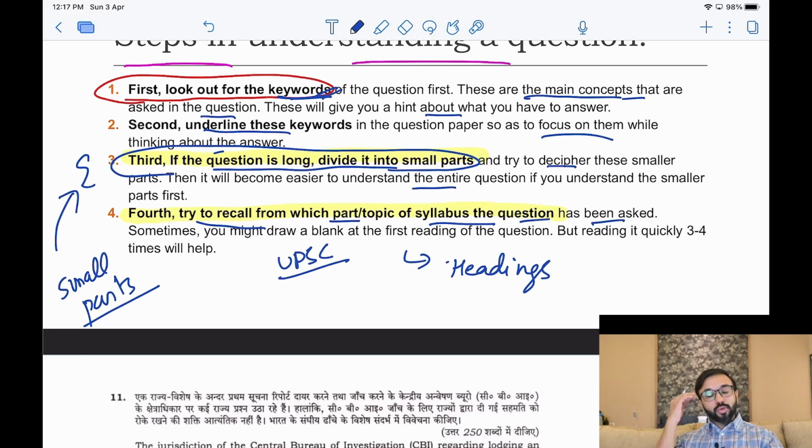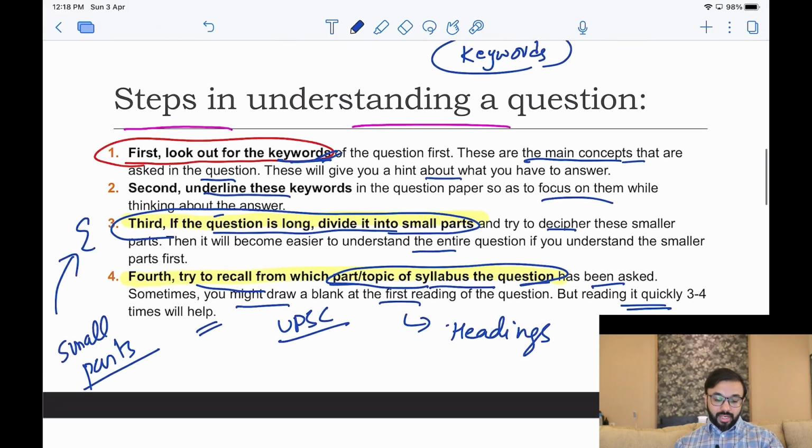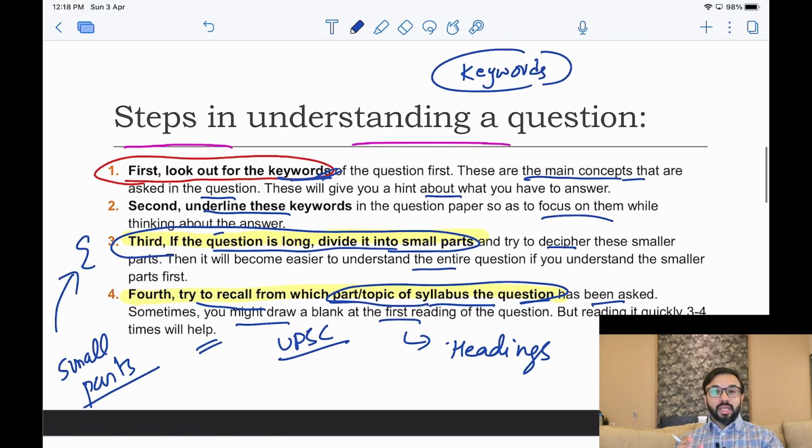So ऐसे करके उसके सब टॉपिक्स को याद करने की कोशिश करिए. ये कोशिश करिए कि आप सिलेबस में से कुछ उस टॉपिक्स के पार्ट्स अगर मेंशन्ड है उनको याद करने की कोशिश करिए. इसलिए दैट्स व्हाई आई टेल यू the syllabus reading is very very important. And once you remember that, once you try to put that kind of focus in your mind, eventually you will be able to have some general points for that particular answer. Okay, so I want you to do these 4 things in order to understand the question.